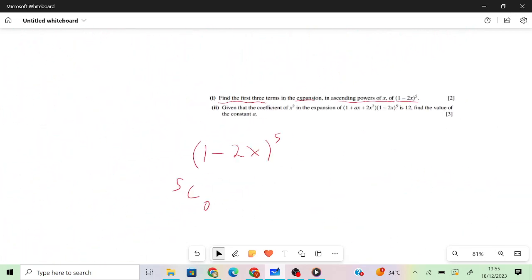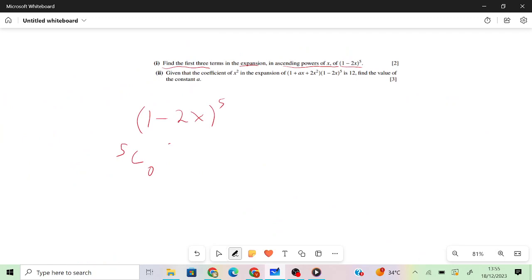So in this case this would now just simply be 1 to power 5, because our n is 5 and our r is 0, and 5 minus 0 is still 5, multiplied by minus 2x raised to power 0,